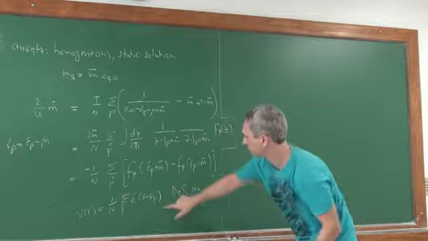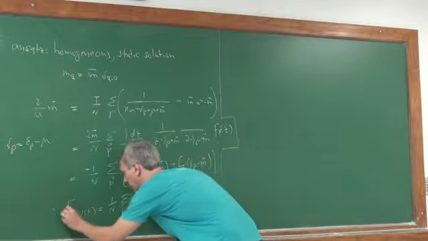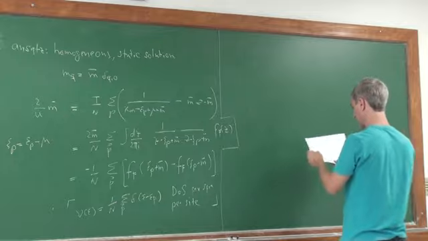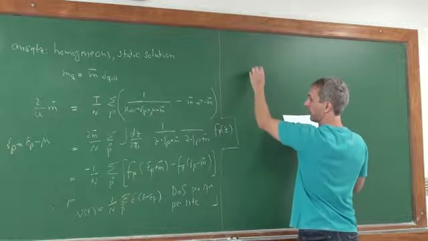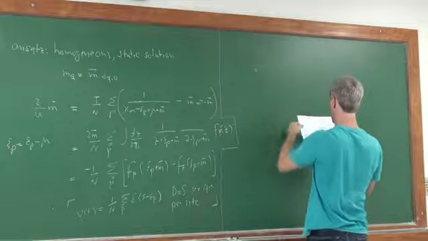Then you can just convert this sum over p into an integral over energies with the density of states. Okay? So then we find that this is equal to